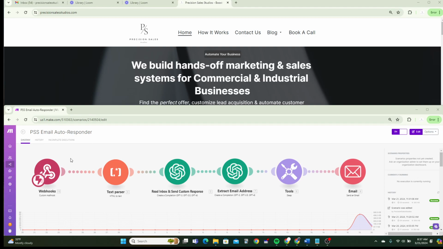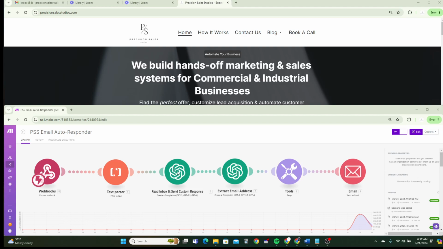That email is filtered based on your Gmail or your Outlook settings. It's then sent to make.com. This is all on the back end and not anything that you'd have to touch or deal with. The message gets processed and parsed through this module. Then ChatGPT over here will read it and create a custom response for your customer based on writing samples that